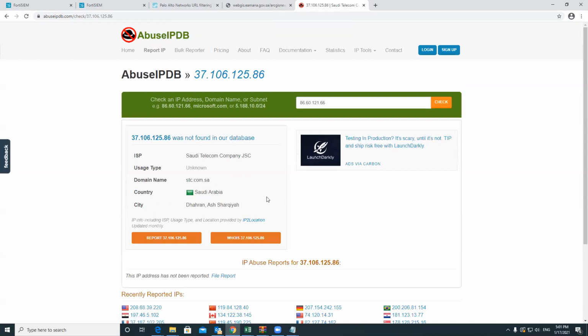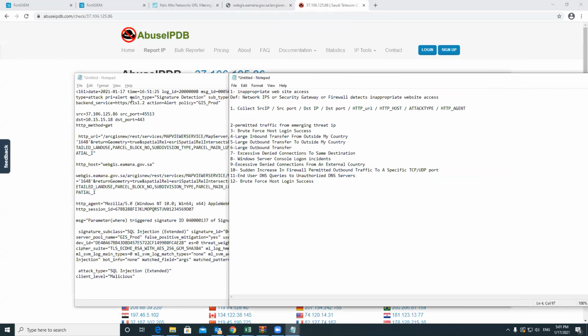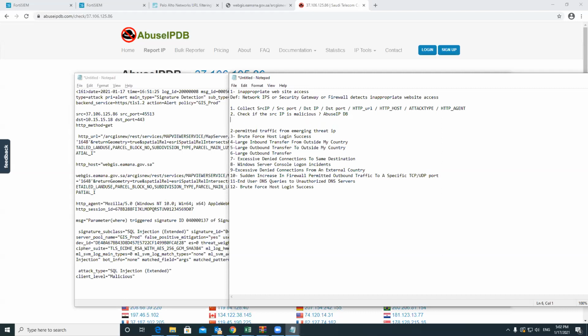Now this belongs to Saudi Telecom. So the first thing we need to find out, once you collect this data, is step two: check if the source IP is malicious. Then check AbuseIPDB, and you can get the domain. Then step 2.1 is check if this is a